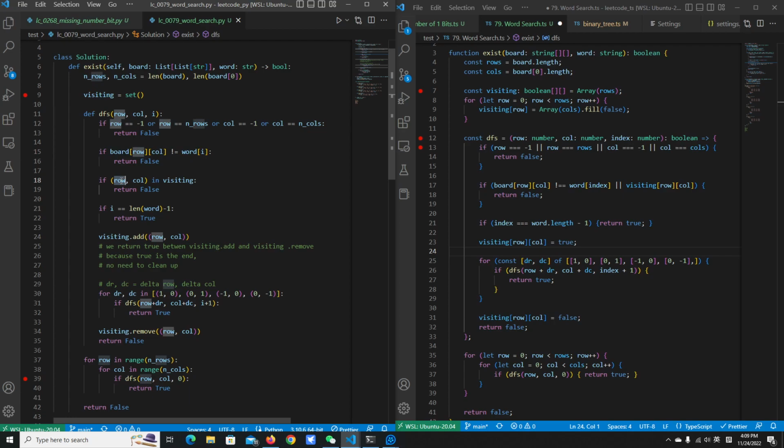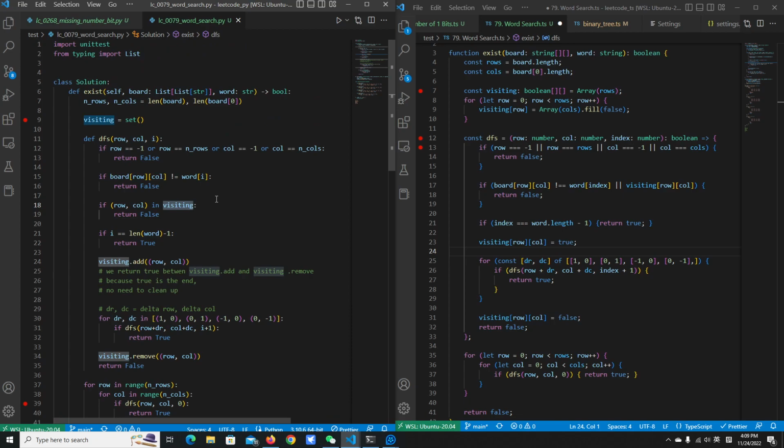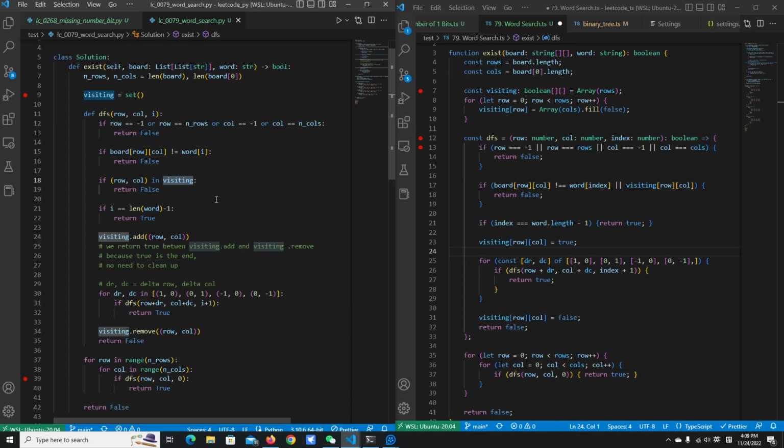Thirdly, we will check if the position was previously visited. If it was previously visited, that means we are revisiting a position that is in the same path, which is not legal in this problem.